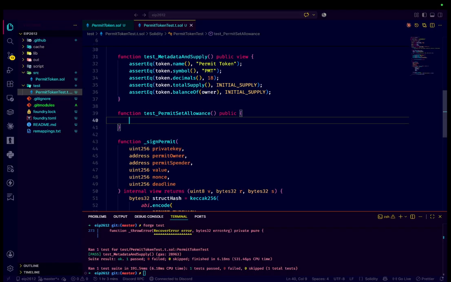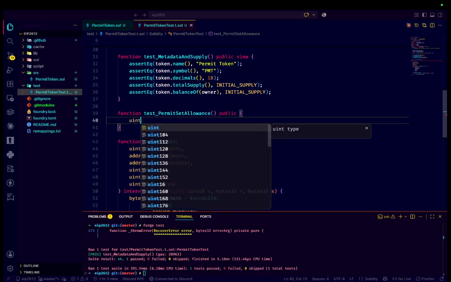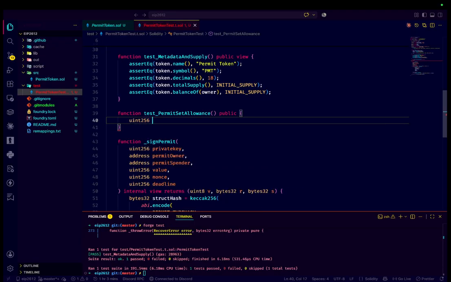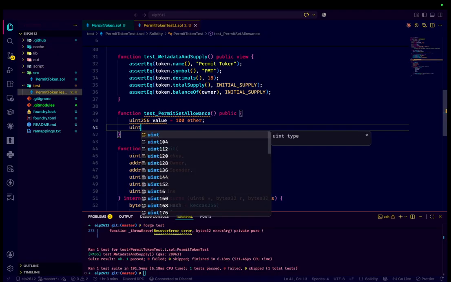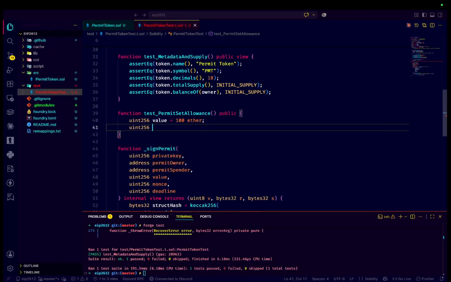So let's take here a variable uint256 value of 100 ether, let's say 100 ETH or 200 ether. Let's take another variable of nonce, uint256 nonce